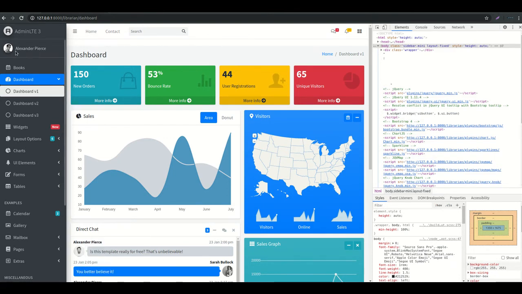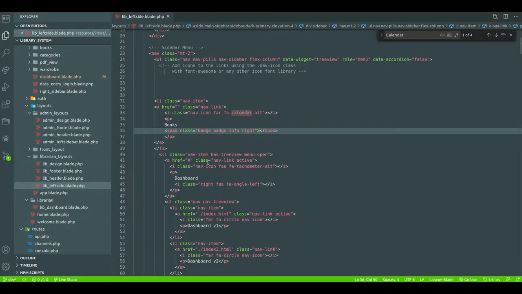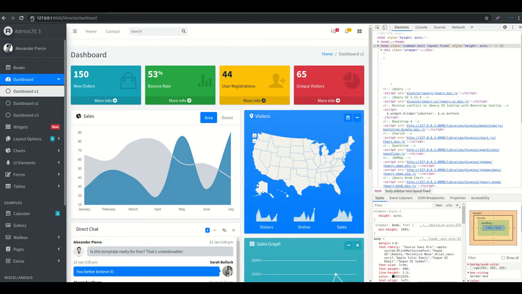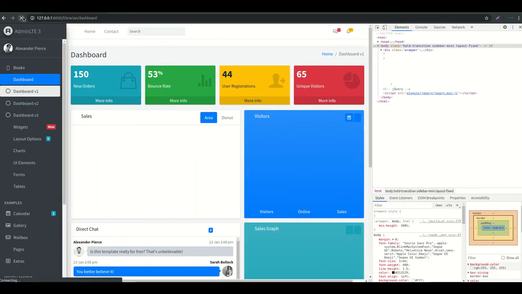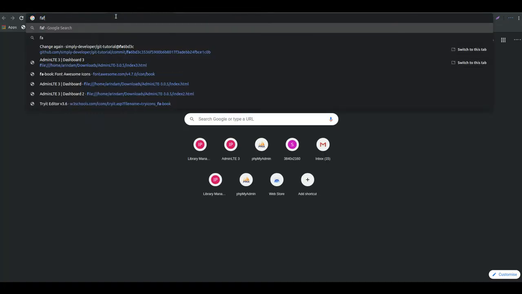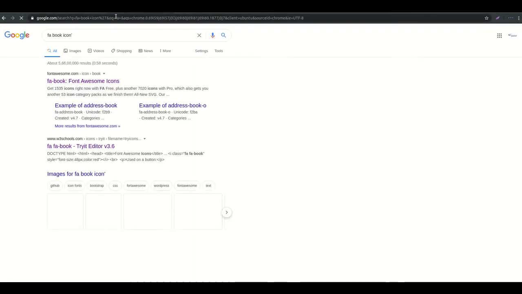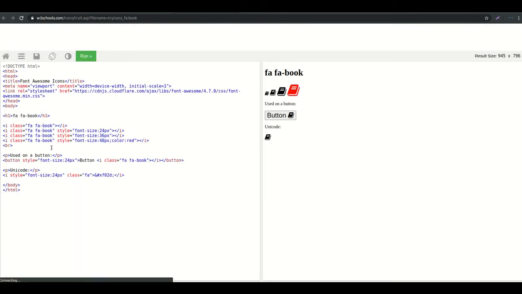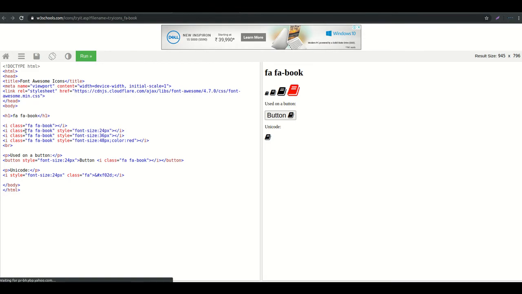So we'll check FA book. I think it will work. Let's see. No. Okay. Book icon. This is the book icon, and that icon class is fa-book.